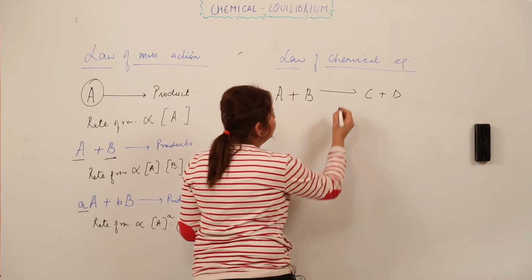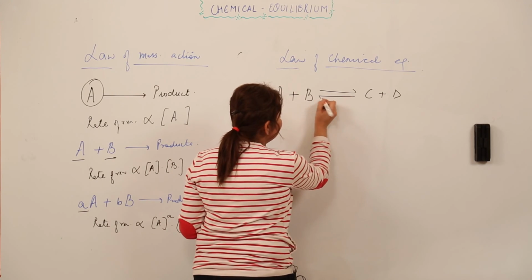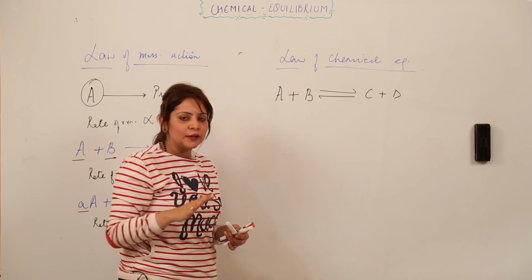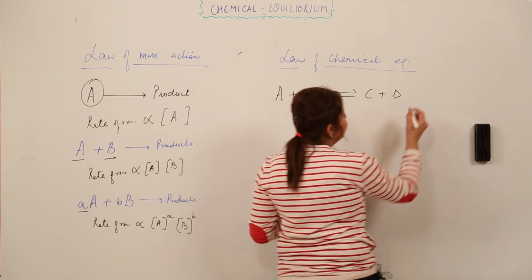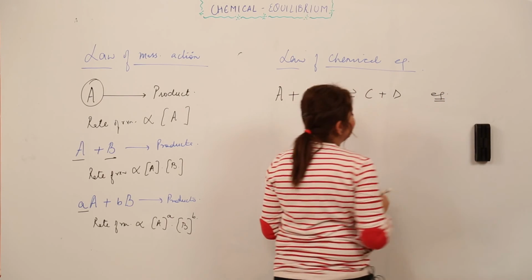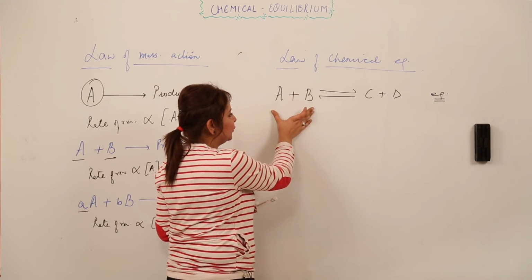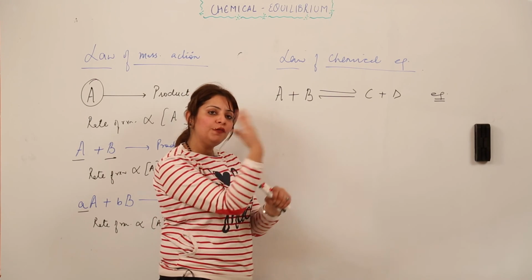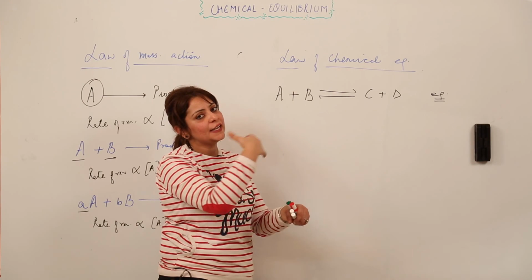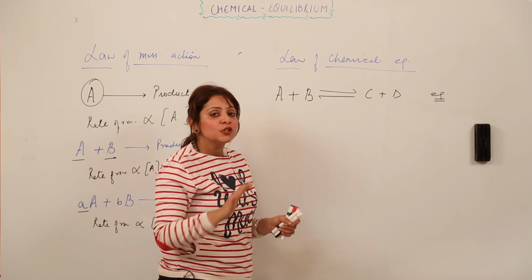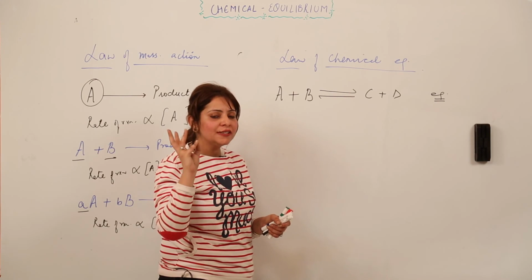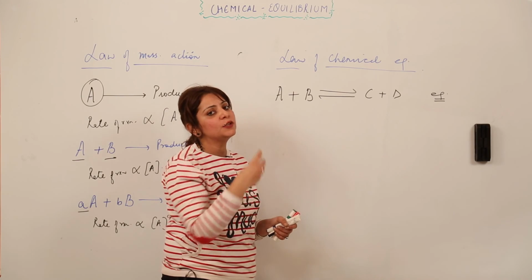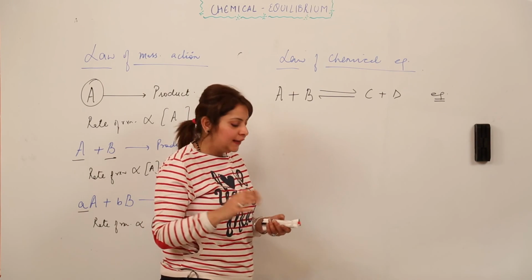And at the same time, as the reaction is reversible, C and D are getting converted back into A and B. So that means it is a reversible reaction, right? If I consider that equilibrium is being achieved, that means the A and B concentration is now equal to the C and D concentration, or I can say the rate at which the forward reaction occurs is just equal to the rate at which the backward reaction occurs, right? So equilibrium just means constancy in properties, and second, the rate at which the forward reaction is occurring is similar to the rate at which the backward reaction is occurring, right?